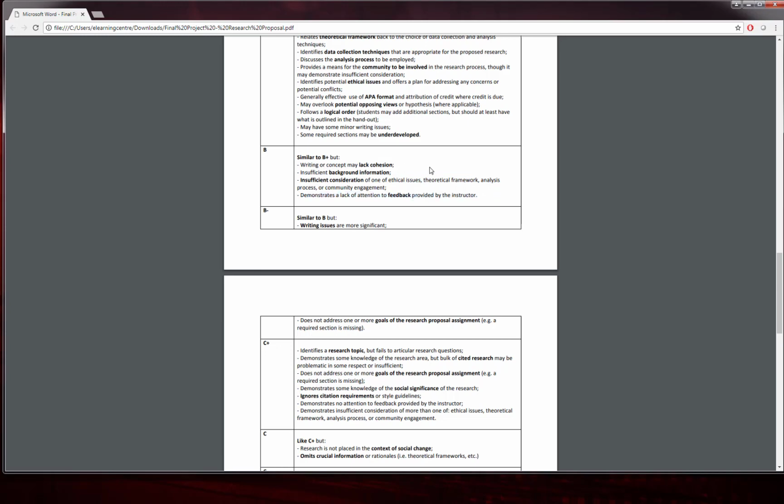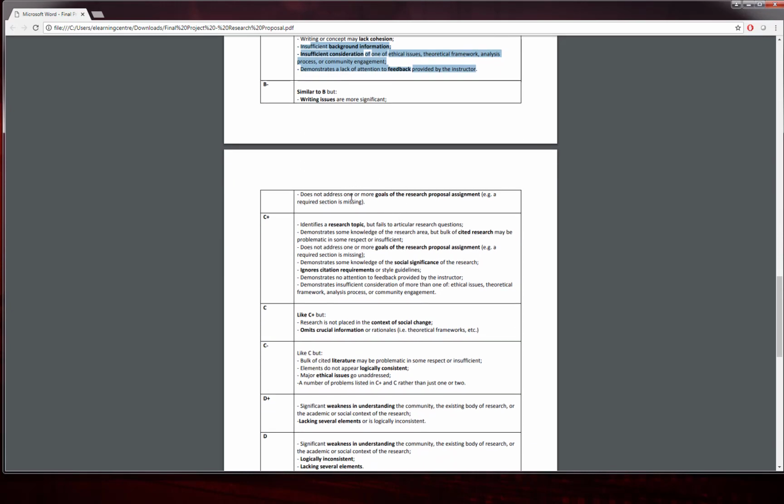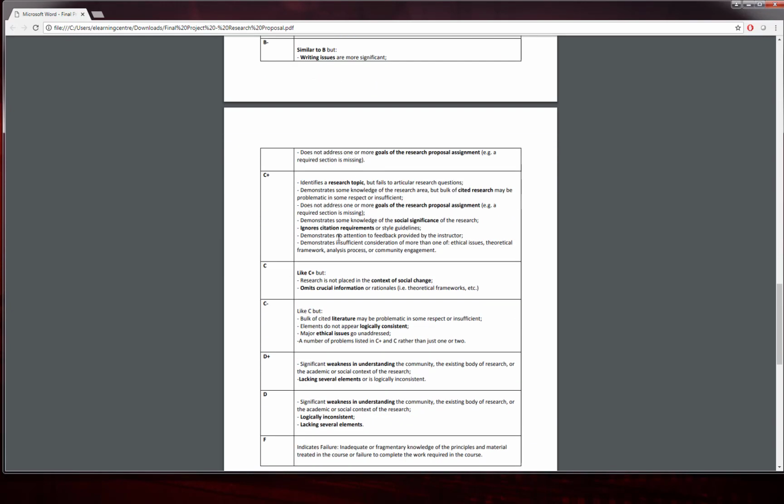Now, I should clarify here too that it's not the presence of all of these things that will get you a B. It's the presence of one of these things that will get you a B. If you have all four of these, or three of the four, then you're moving down to a B minus or lower. And you can see the further down you go,